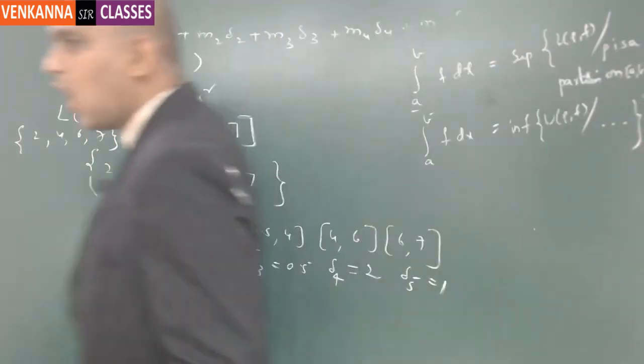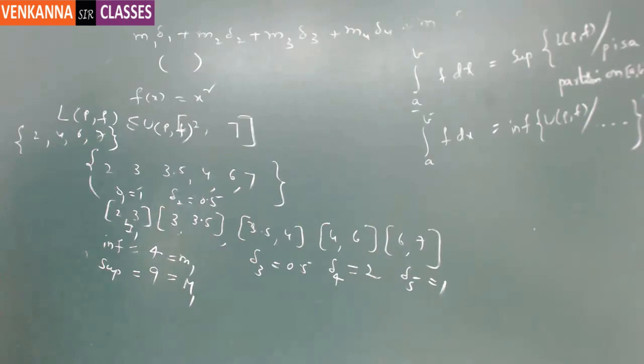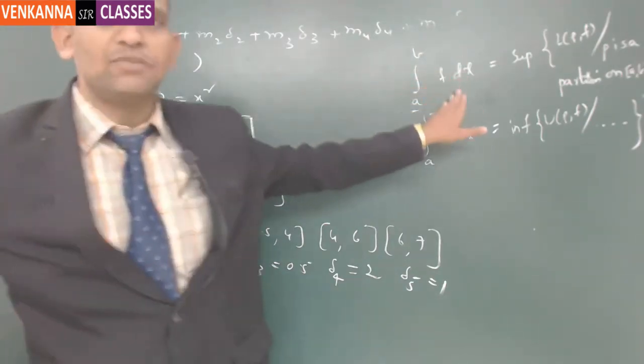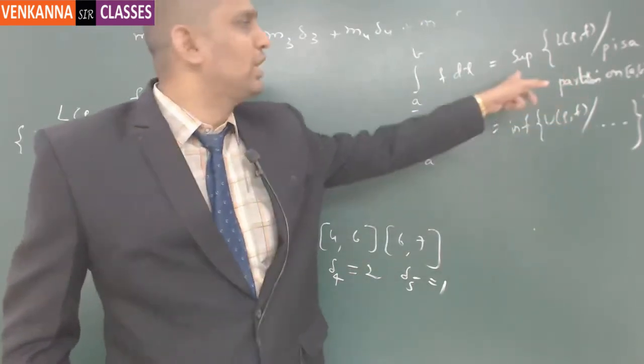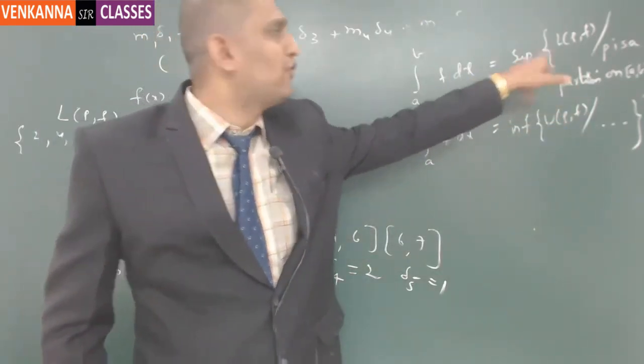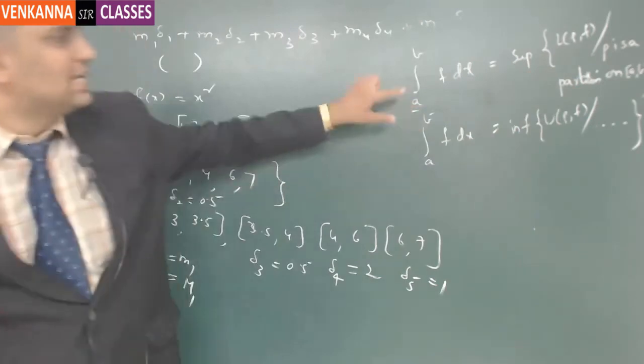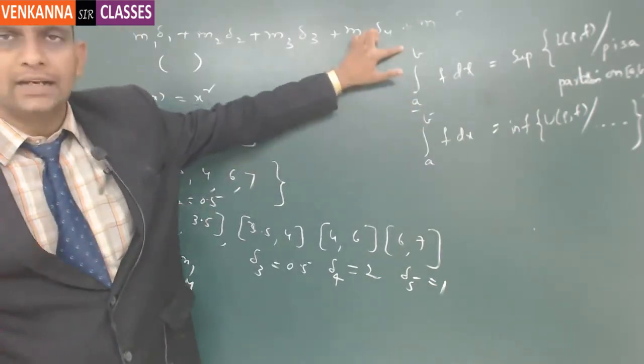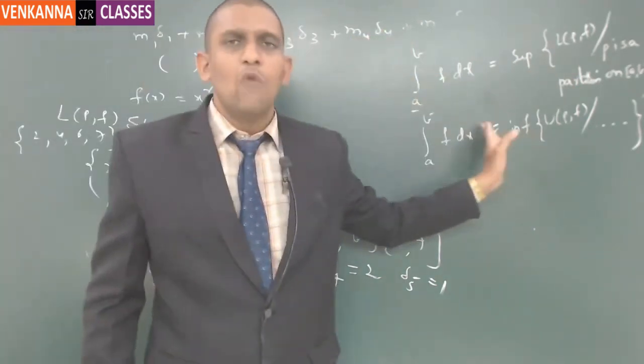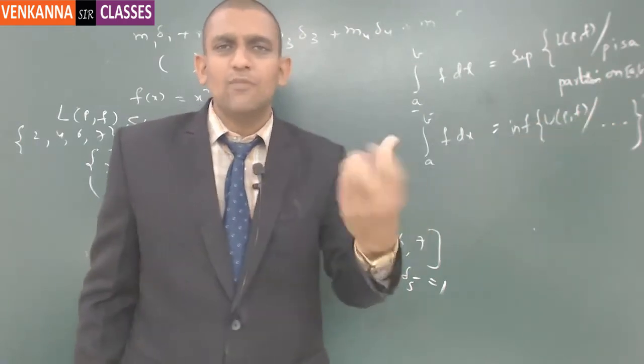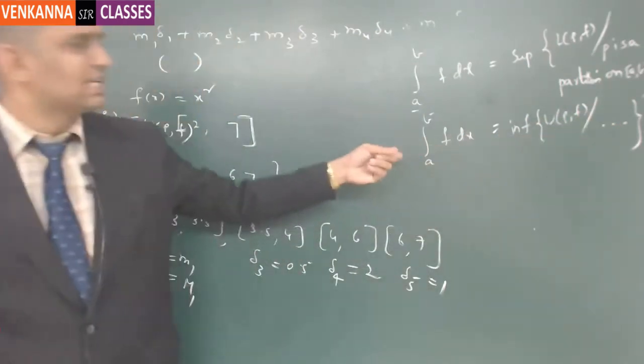So you consider all possible partitions on the closed interval AB. For all the lower sums, you take the biggest among them, the supremum of L(P,f), and we call it the lower Riemann integral. And for all the upper sums, you take the smallest among them, we call it the upper Riemann